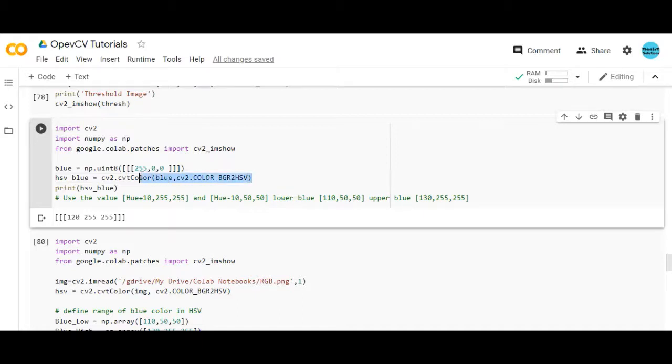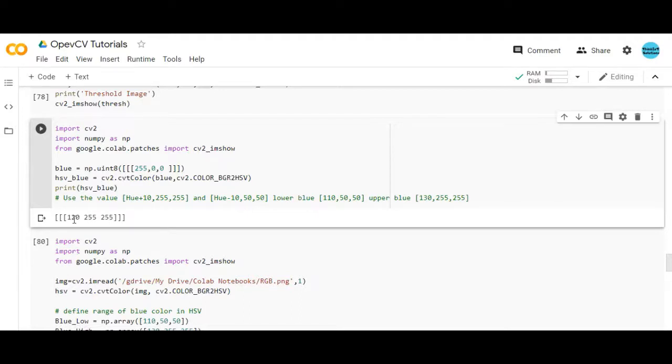This function gives me the HSV output corresponding to this pixel. I store it in a variable called hsv_blue and print it. Once I print this, I get the hue, saturation and value of a blue pixel. When I run it, you can see that the output is 120, 255, 255.